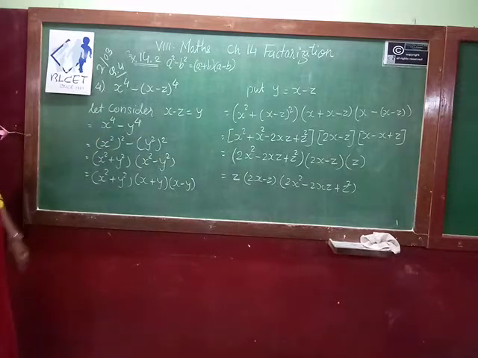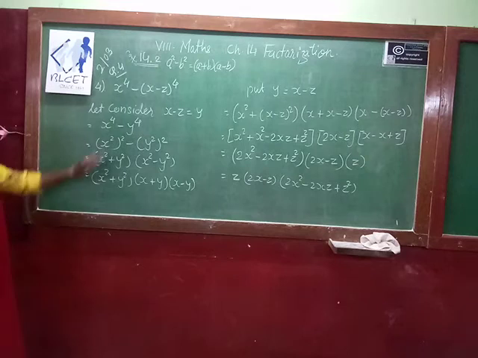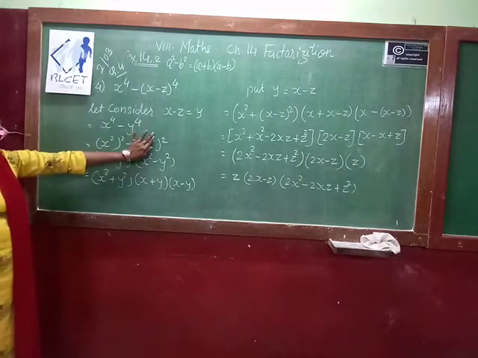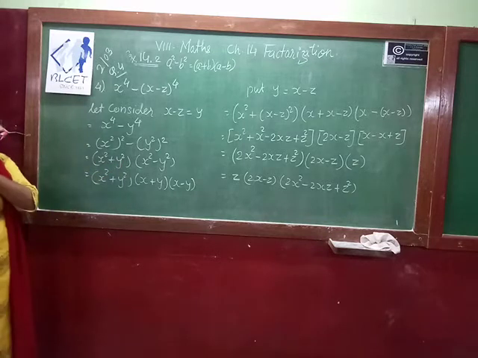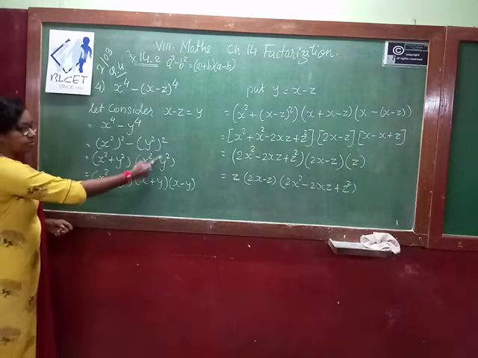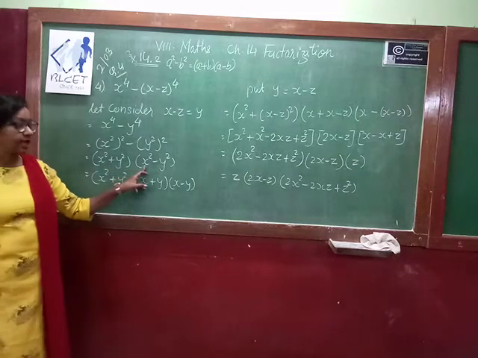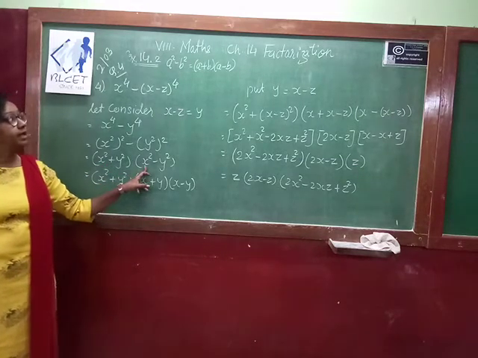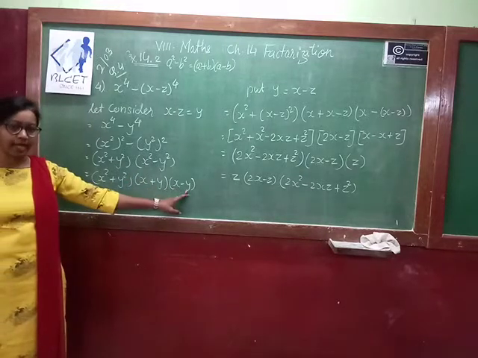Convert this in terms of square. So x square whole square minus y square whole square. So this is your first term square minus second term square. So one time positive, that is x square plus y square, and one time negative, that is x square minus y square. Now this term remains as it is. For this again we apply the identity, that is a plus b, a minus b. So x plus y, x minus y.